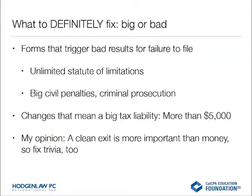But in any case, what you definitely need to fix is if you have big or bad issues. So forms that trigger bad results for failure to file, like unlimited statute of limitations, big civil penalties, criminal prosecution, and of course with these things, I'm talking about information returns. A lot of them carry big penalties, or if you don't file them, it prolongs your statute of limitations indefinitely. Or changes that mean a big tax liability, and here we think about this as $5,000 or more,